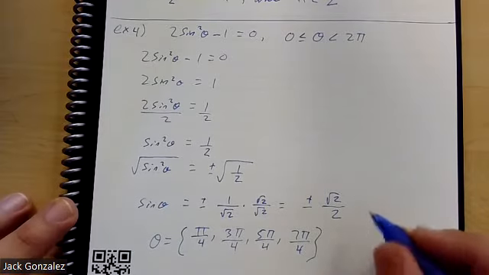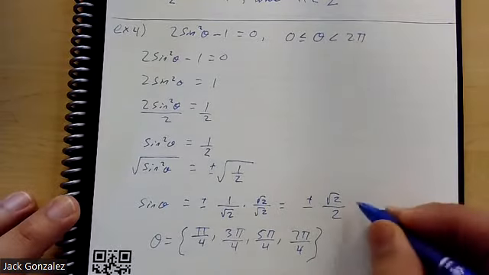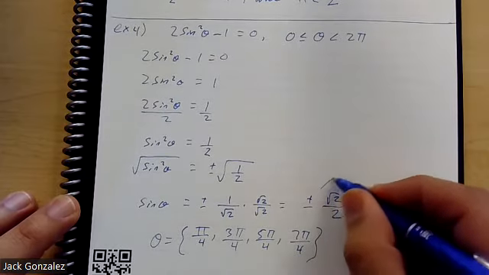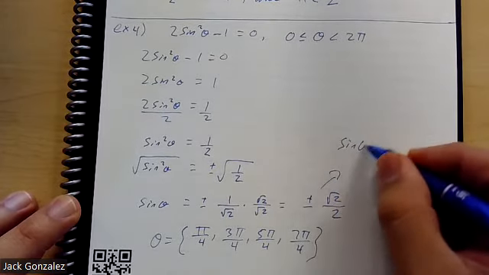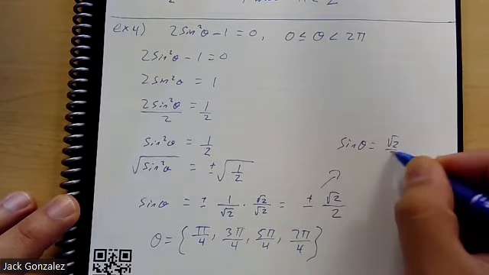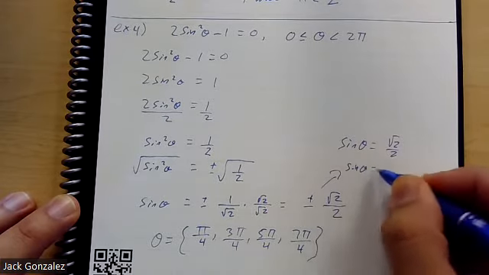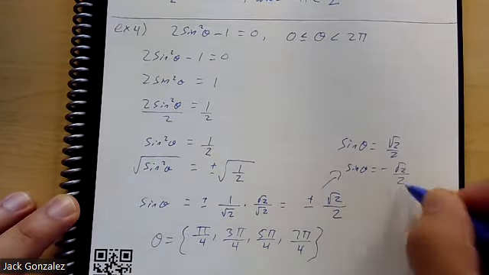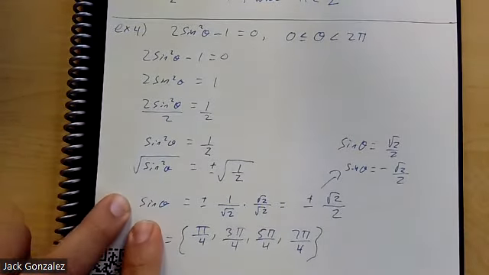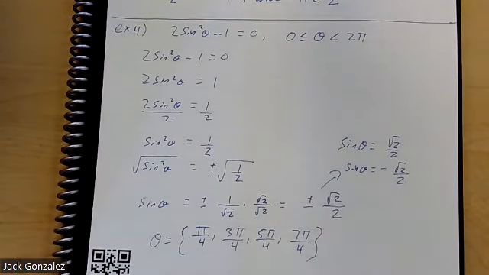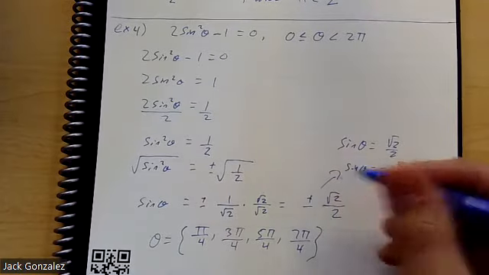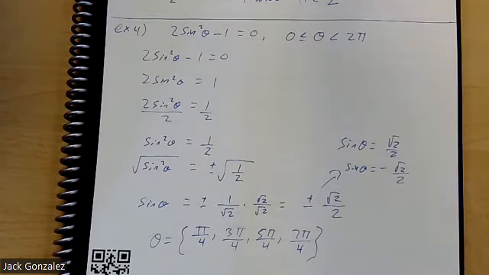It's kind of like we're saying, this line right here says sine theta equals this, or sine theta equals this. So this is equal to both. Anyway,